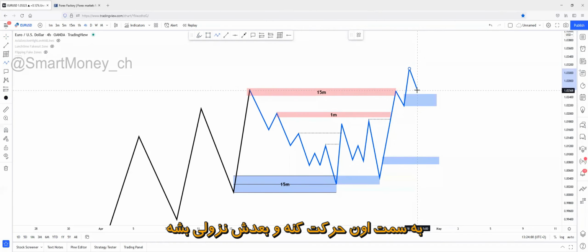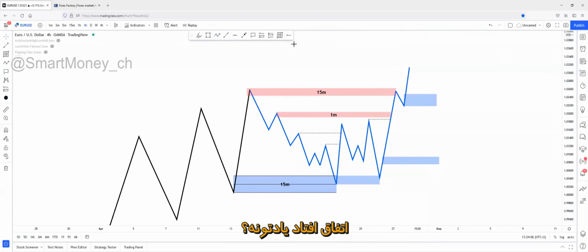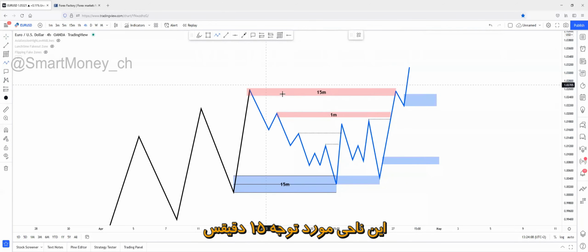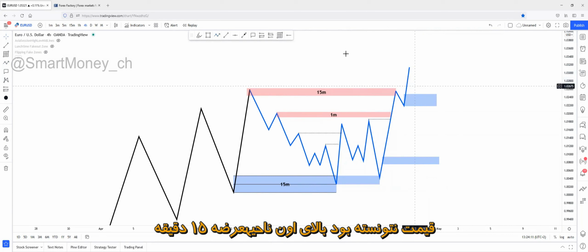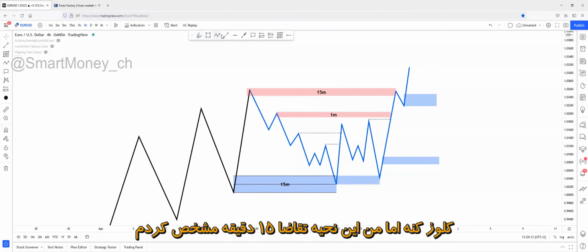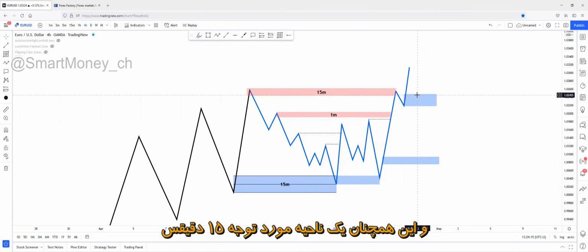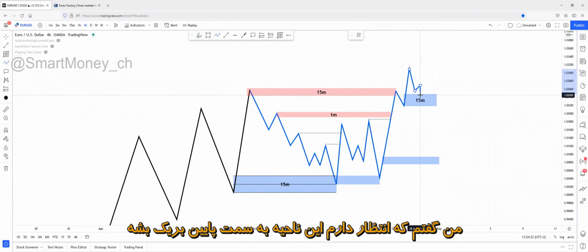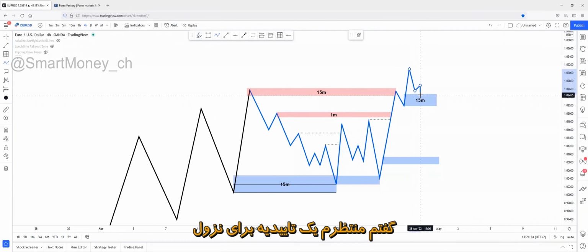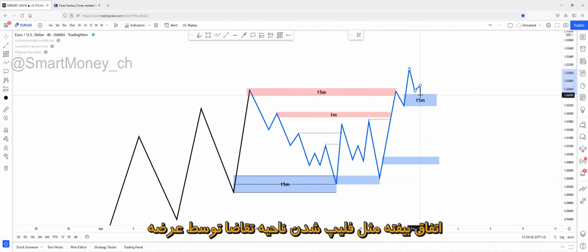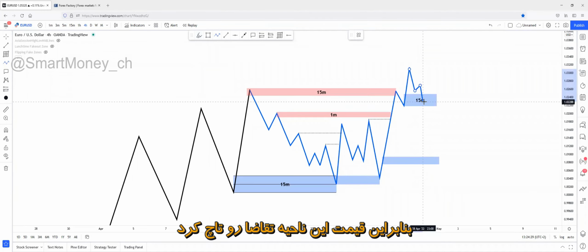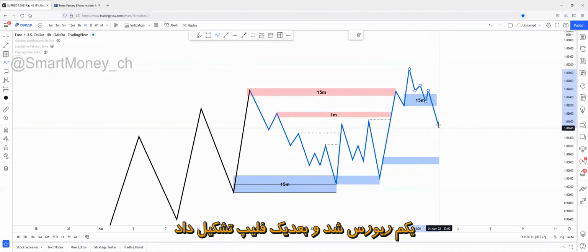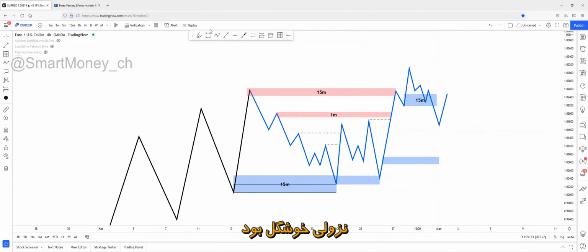You can wait for a flip of this zone, and this is exactly what happened yesterday. Remember this scenario? Price just wicks above. This 15-minute POI came down, didn't body break above this POI, but I marked the 15-minute POI right here. So this is still a 15-minute POI. I marked the 15-minute POI out. Price came down, mitigated this POI. I said I was expecting a break of this POI. I said I was expecting the continuation to the downside. So actually a supply to demand flip. Price tapped this 15-minute POI, reversed on it, created a flip of this zone.